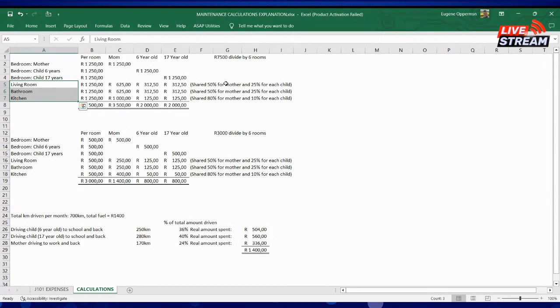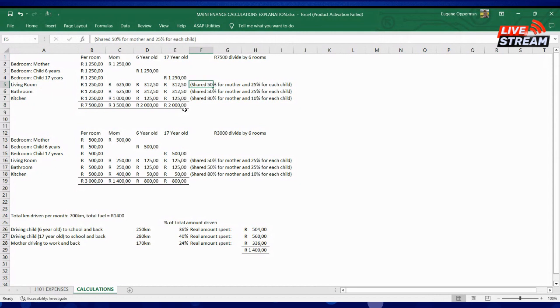Same goes for the bathroom. Not the same with the kitchen. The kitchen, we actually allocate to say mom uses the kitchen about 80% of the time, and the children each only 10%, in order to get to a figure. If we apportion that in order to get a fair amount, to say, okay, right, mom, like I said,